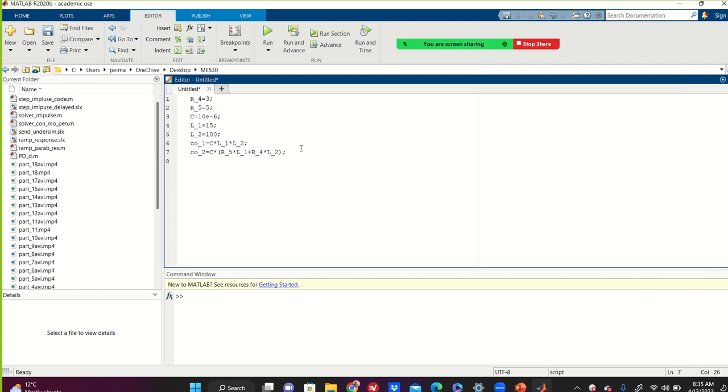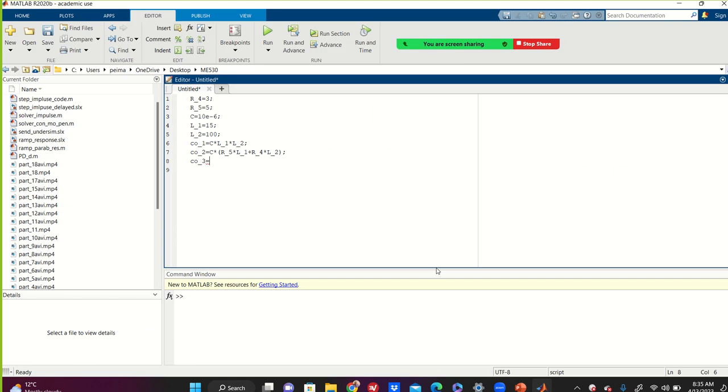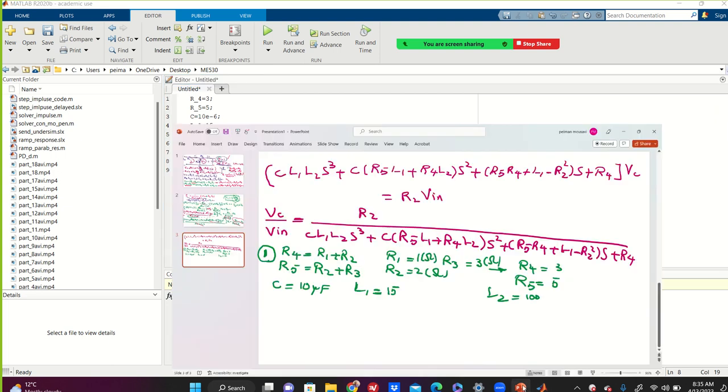Coefficient 3 is R5 R4 minus L1 squared, yes,